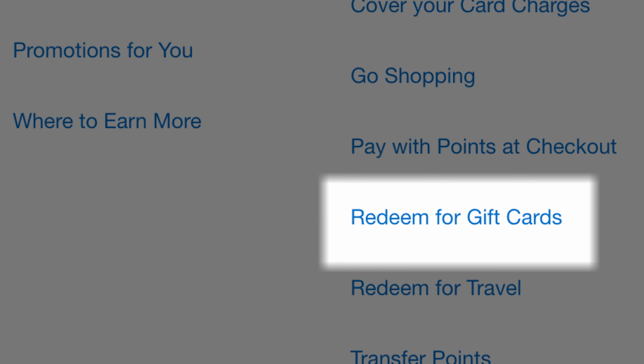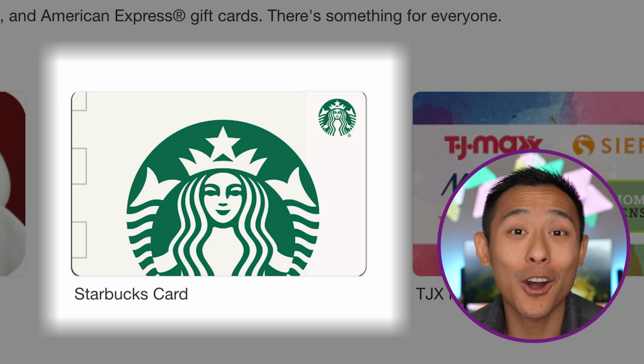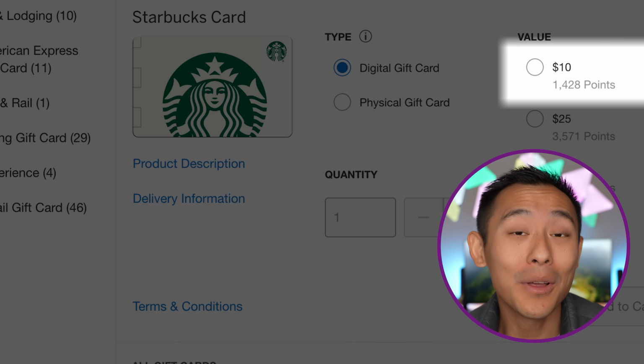Number 4, gift cards. This option allows you to take your American Express points and buy gift cards. So we go ahead and elect for that option. And we can see there's a bunch of gift cards here that we can buy. Let's say you love Starbucks. You want to go ahead and get a Starbucks gift card valued at $10. Well, that would cost you